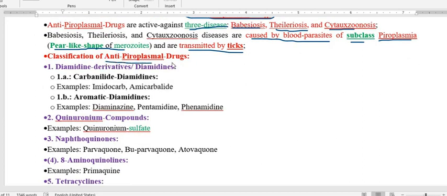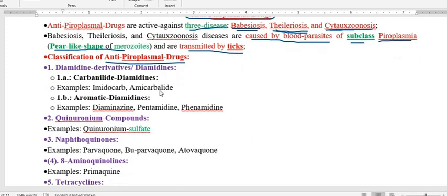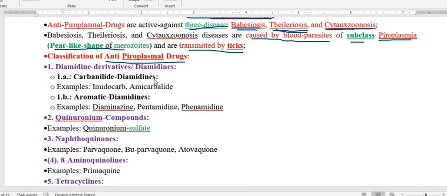Now we have to go through the classification of the anti-pyroplasmal drugs. So first we have to define. The drugs that are used to treat the diseases produced by species like Babesia, Theileria, and Cytauxzoon are called